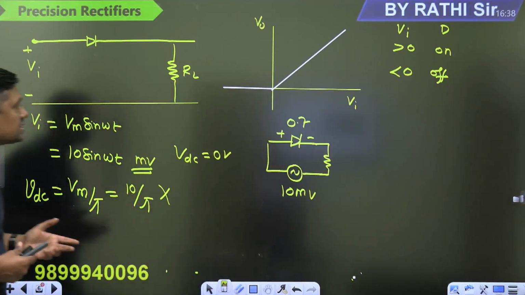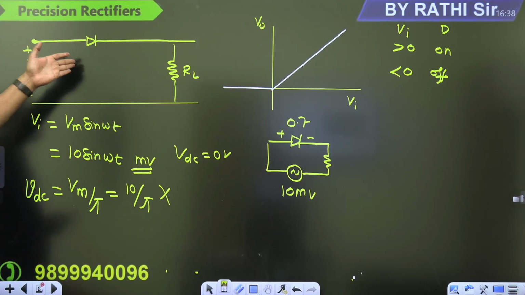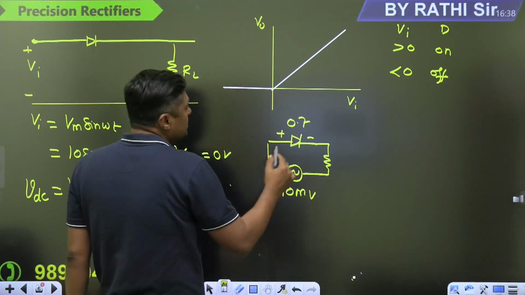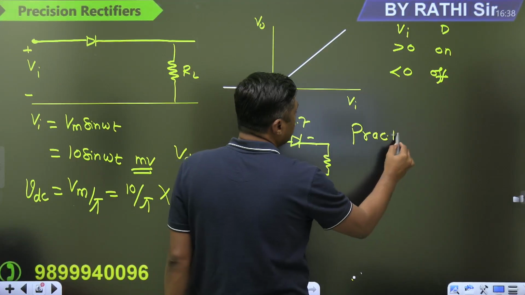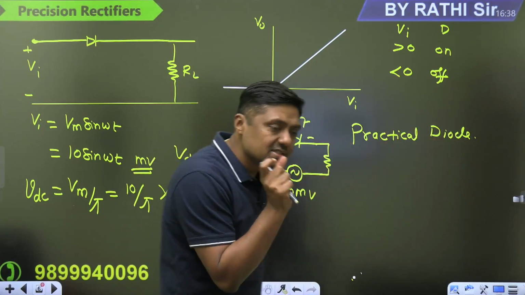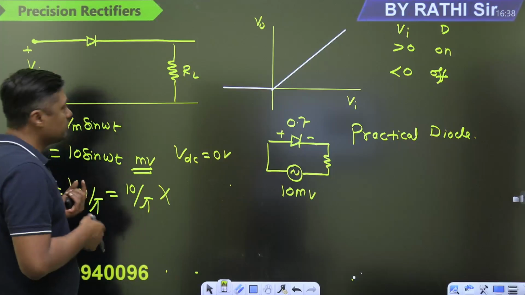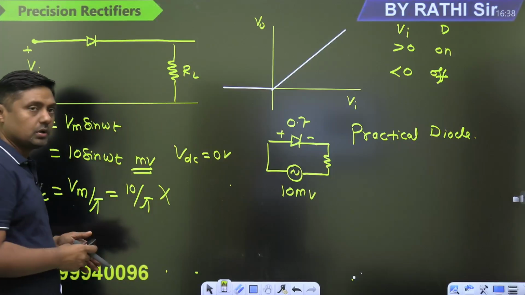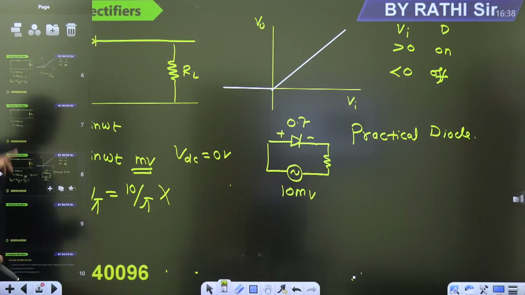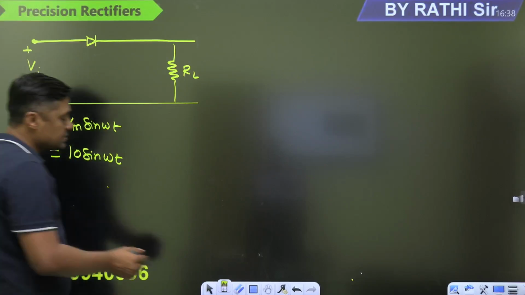But when we are considering the input signal small, this is called a small signal, then you have to consider the practical diode. Now when we are considering the practical diode, what is the minimum drop required here? 0.7 volt. Because the signal is very, very small, the diode will never conduct and the output is 0. So what is the problem with this rectifier? What is the problem with this rectifier? Simple. The problem with this rectifier is